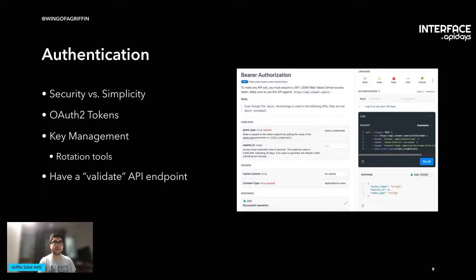You want to make sure that your users are able to rotate keys in case they are leaked, but also encourage people to rotate their keys regularly anyway, just because that is a good practice to have. You can also separate API keys per application, so you can generate a bunch of different keys that are still associated to the same account, but separate them to different projects so that if one gets leaked, the entire thing doesn't get leaked and you don't have to create a new API key the entire time.